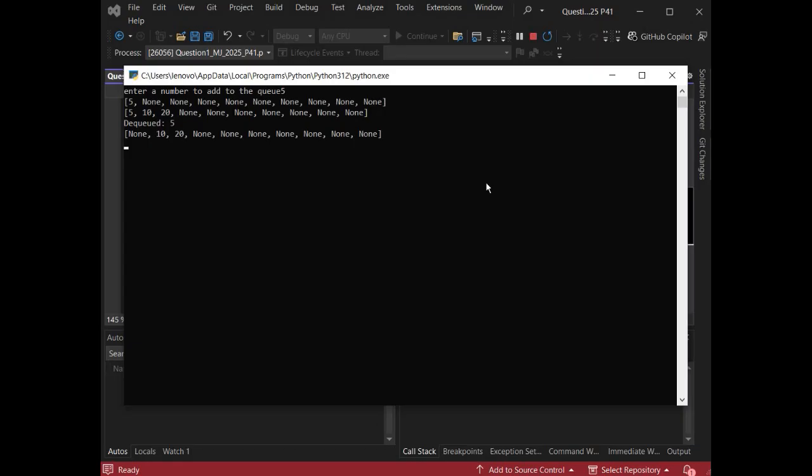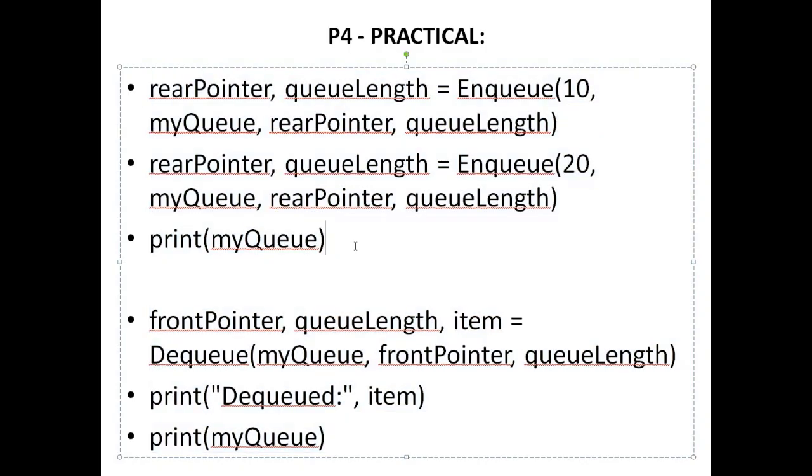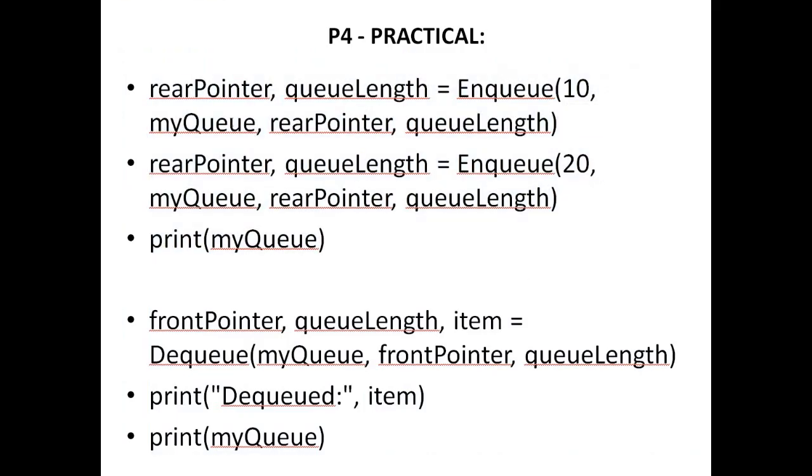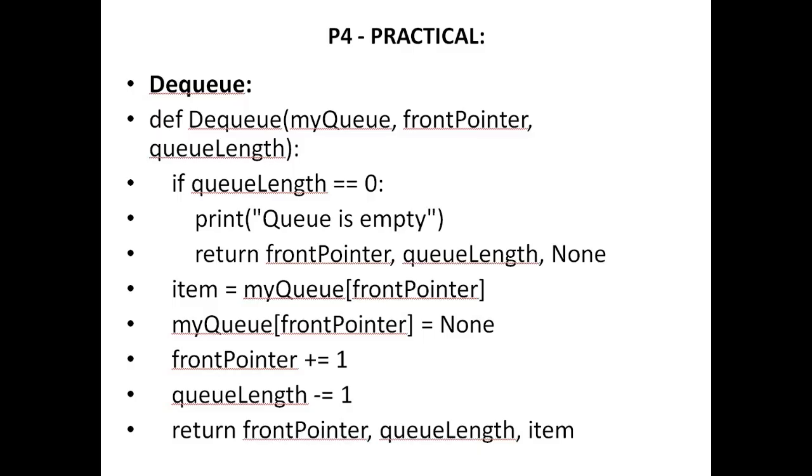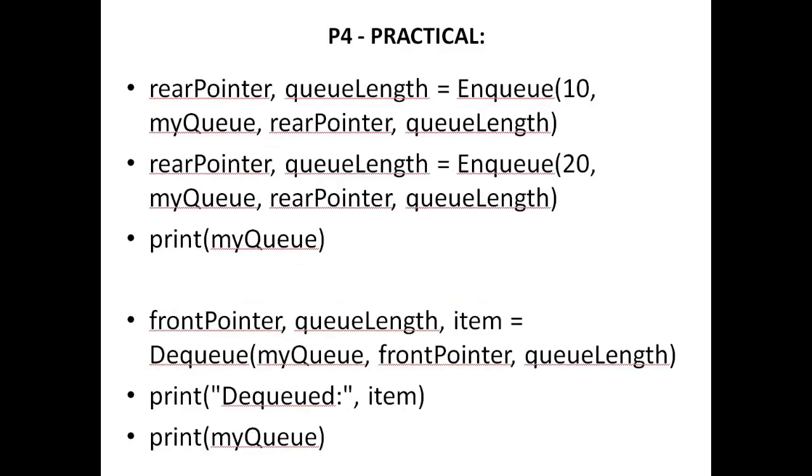So let's say I add 5, and after that I enqueue 2 times. 10 and 20 were appended. Then I dequeued the item. Now I have 5 popped out or dequeued, and 10 and 20 are still present in the queue. So for a better view of it, here's the code. You can take a screenshot. Start from over here. You may take a screenshot, and then this one you may also take a screenshot, run it at your end. If you feel any problem, you may contact me.